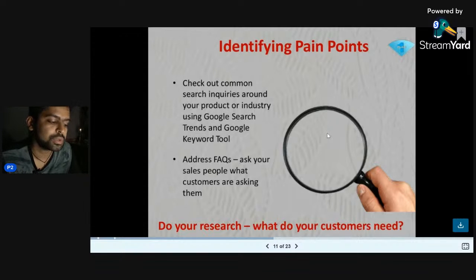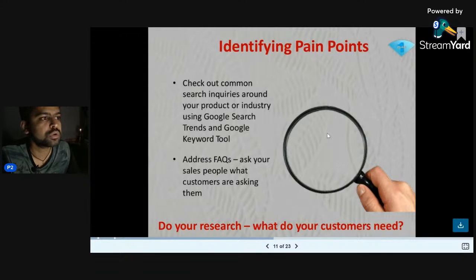Another tool is Google keyword research, which is basically associated with Google Ads. Those who run ads understand how keywords need to be targeted, and that's the reason they use the Google keyword research tool. You can use that platform as well.